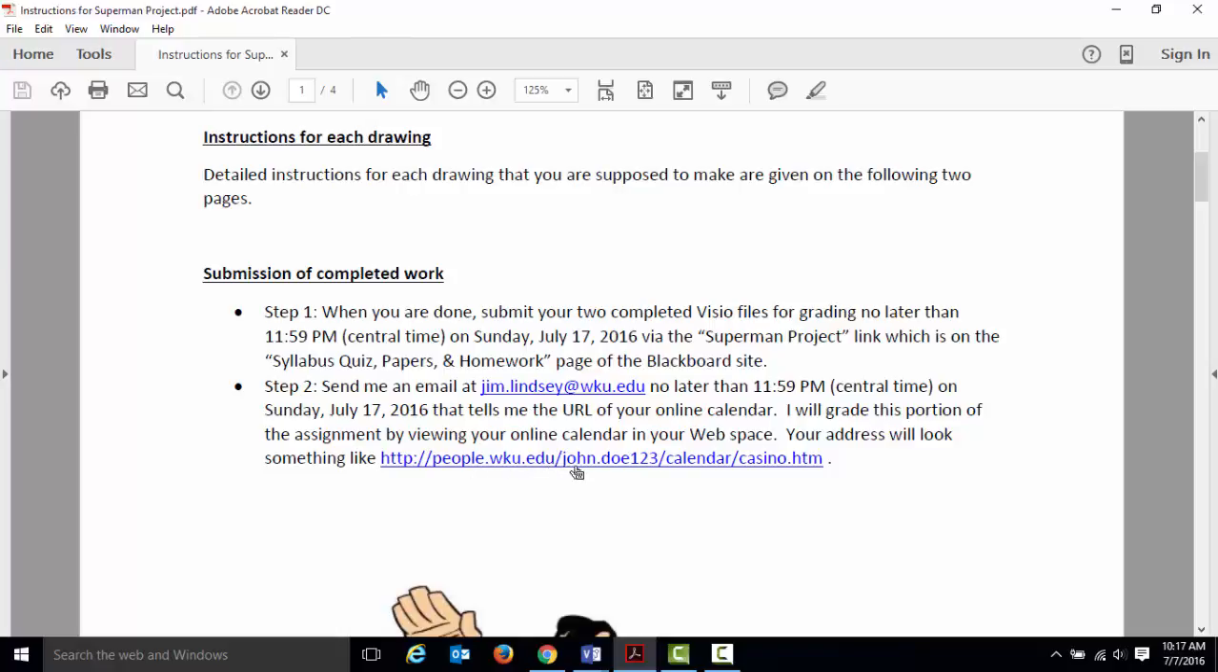People.wku.edu / the first part of your email address / calendar / and then casino.htm. Because if you named the file Casino like I told you to in Visio, then the HTML file is going to be called Casino. Remember that this web server that we use is